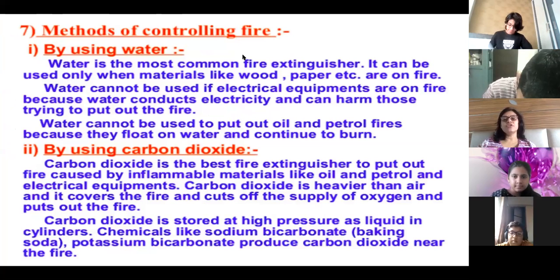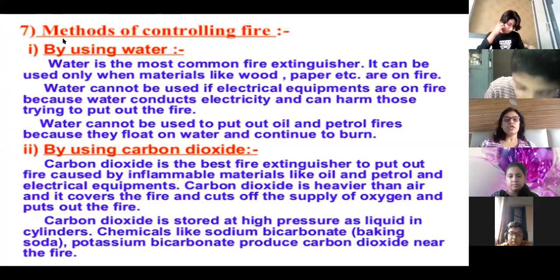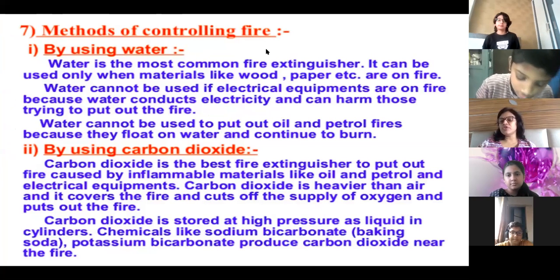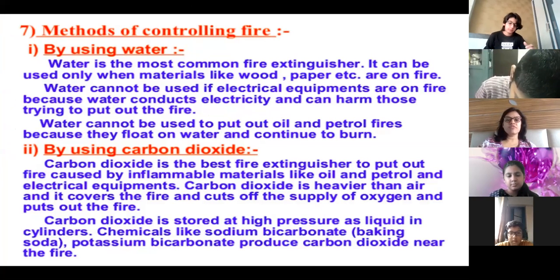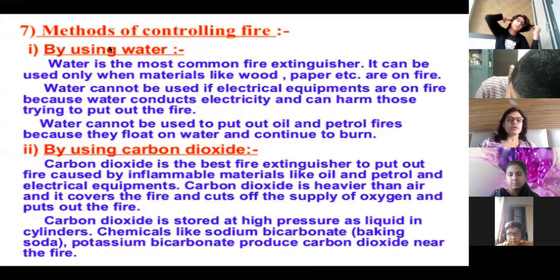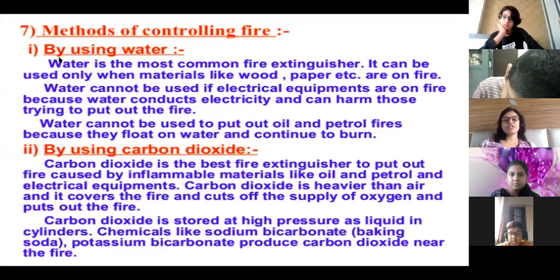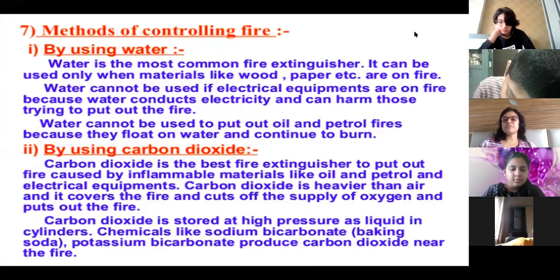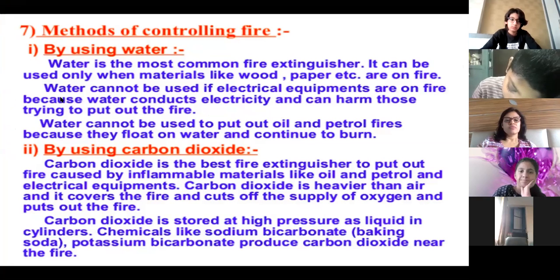Now how do we control fire? Using water and using carbon dioxide. So just write down two methods of controlling fire. Don't write the full paragraph, I'll tell you what to write. How do we control fire? First point is by using water. Same way you just write